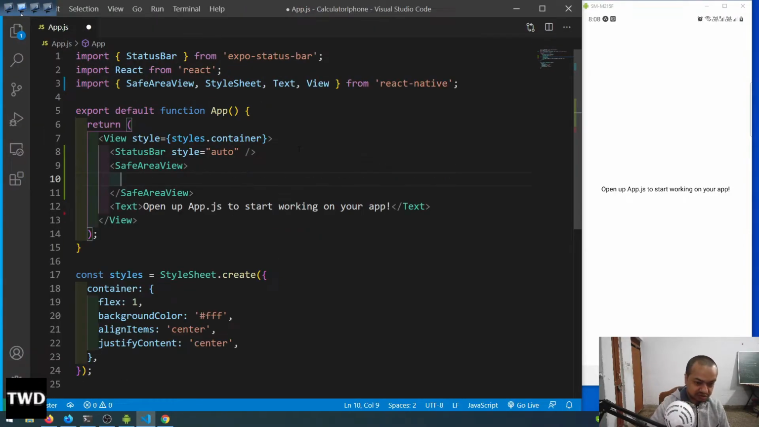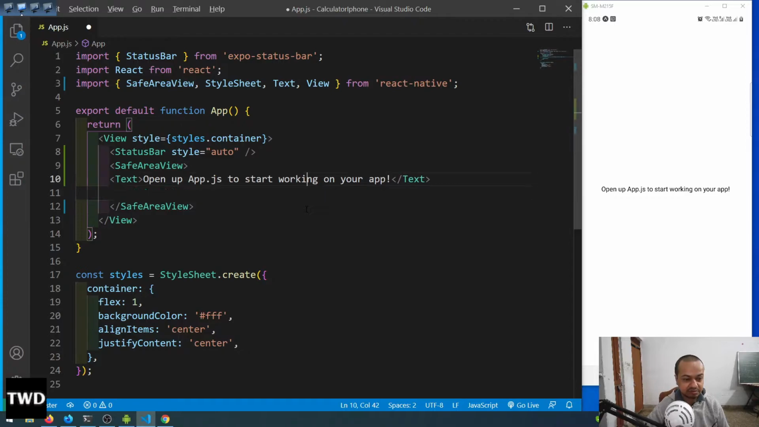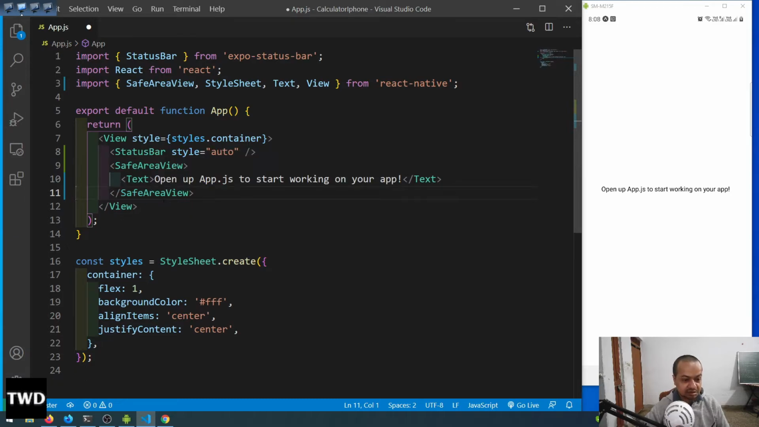Let me increase the size a bit. Okay, now it is more visible. So SafeAreaView, and then I will move this text up by Alt and up. Okay, like this, and I don't want this to be shown. Let me have something like 75. Okay, and then I will even have